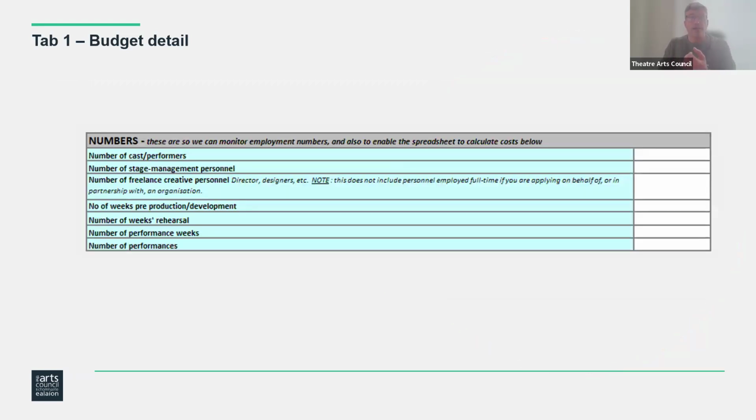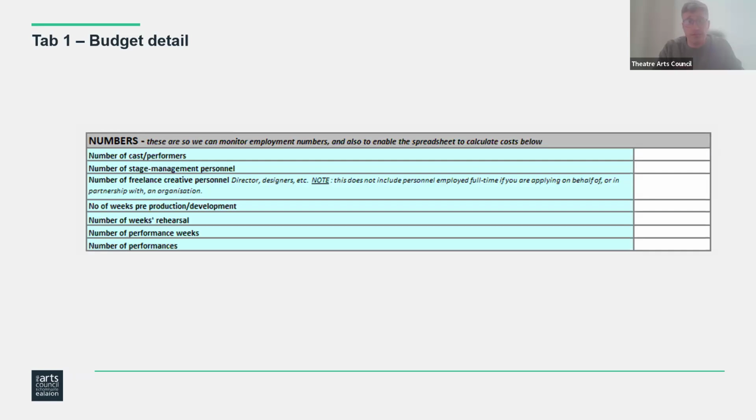So the numbers section, and this is really important, because the numbers that are inputted here are how the template will calculate figures below. Of course we have the numbers here for cast and performers, for stage management personnel, for freelance or creative personnel, the number of weeks pre-production and development, number of weeks rehearsal, number of performance weeks, number of performances. So basically, the top three rows are going to be relevant for pretty much strand one through strand four,